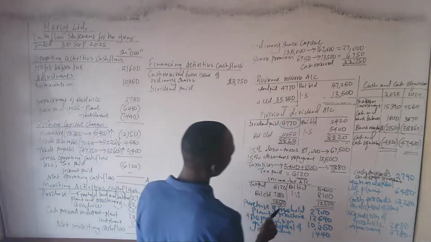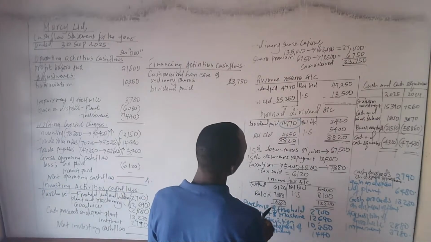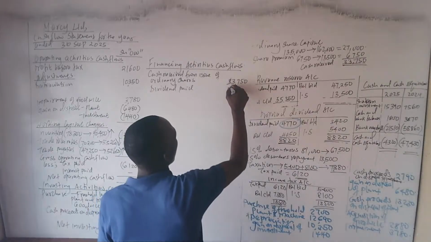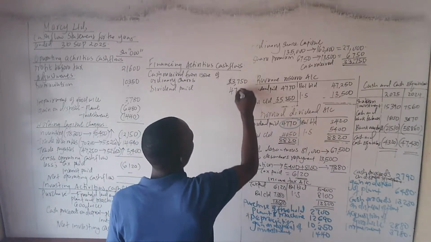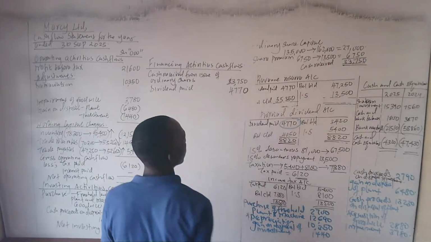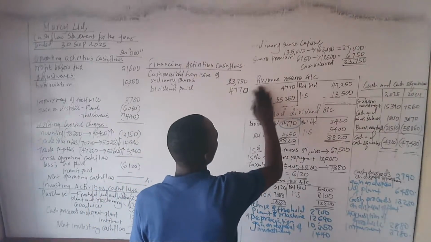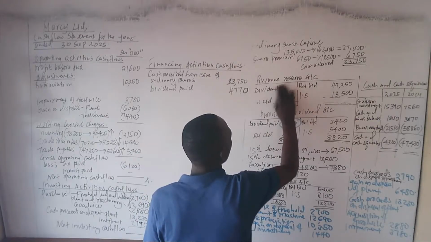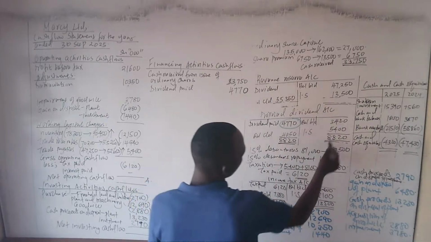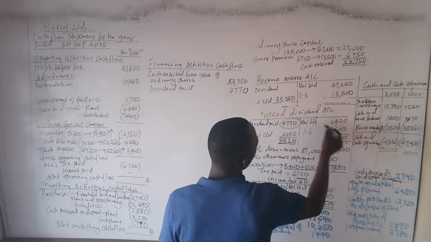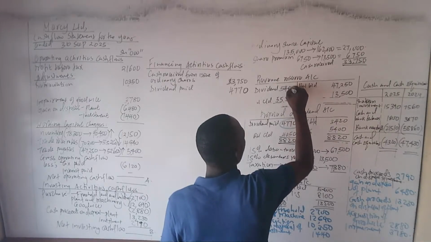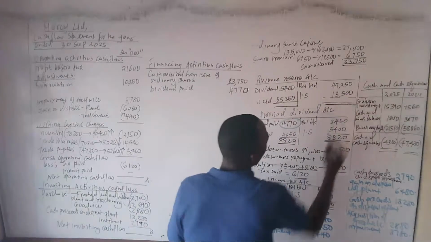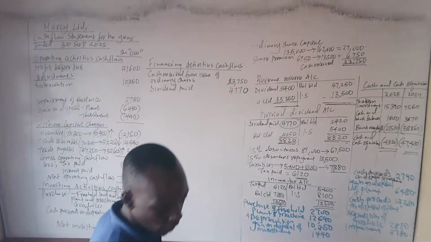Where was this account? The proposed dividend paid was an amount of 47,700. But here we had what? We talk about the dividends. How much did we have as the dividend? It wasn't 47. The total dividends in the income statement was an amount of 5,400. Then if we balance our account, I think that our account is going to balance in this case.